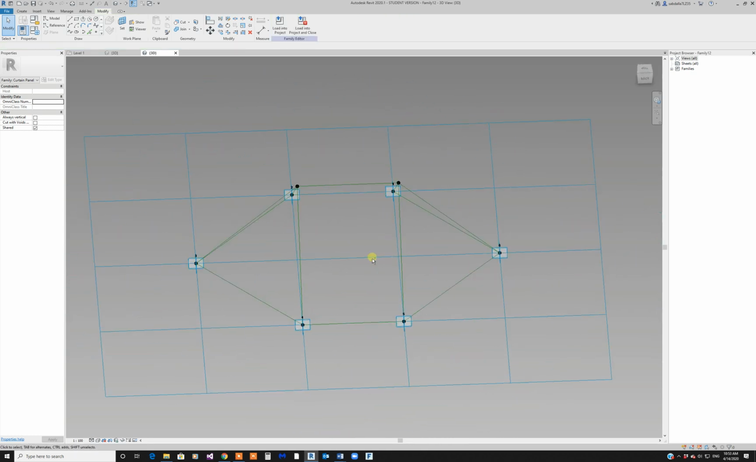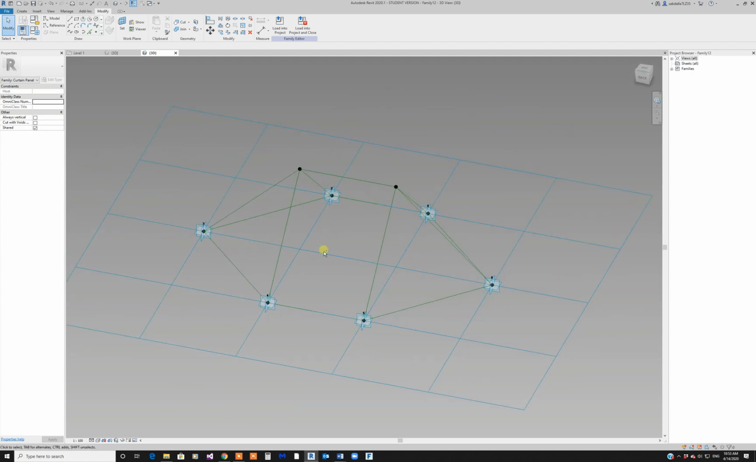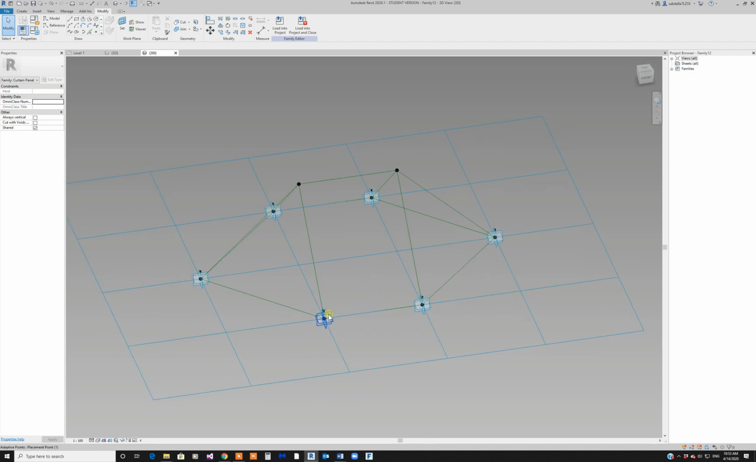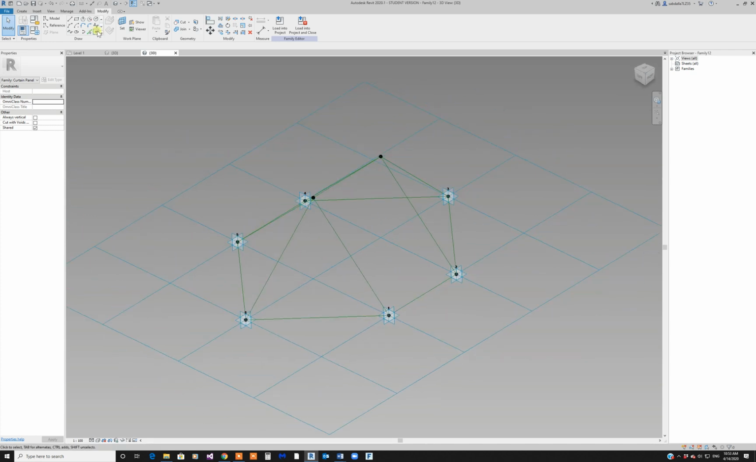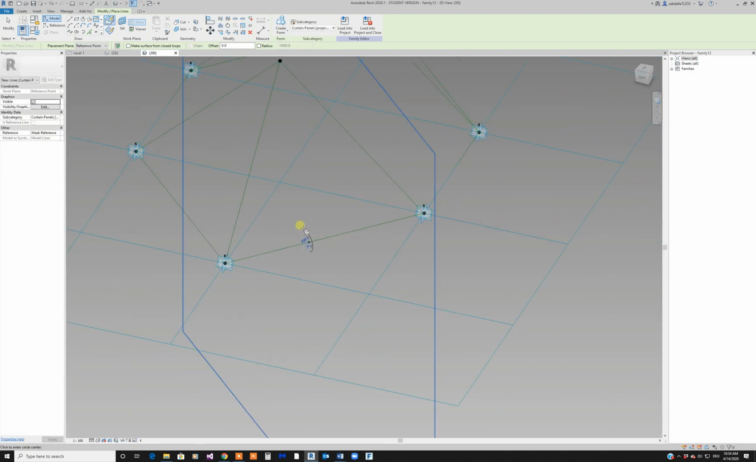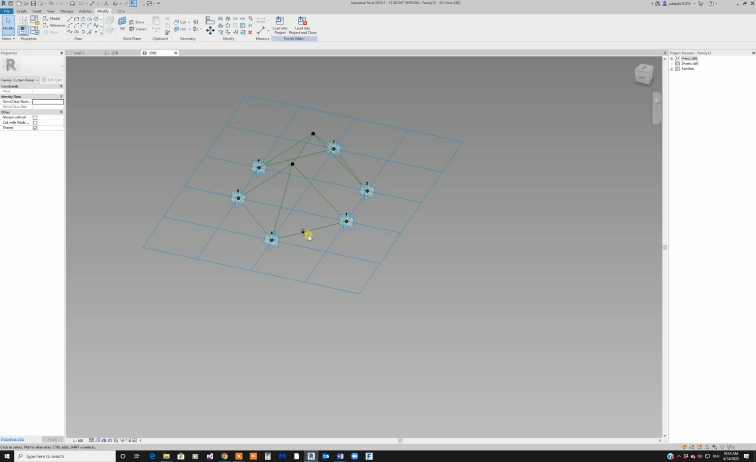I'll build a sweep of any profile along these shapes and then send it back. Okay, so now I'm done with that. I'll just add another dot anywhere I want, and I'll draw a profile along this line. Just set your reference plane. 200 is good enough for me. Then I'm just gonna sweep this along